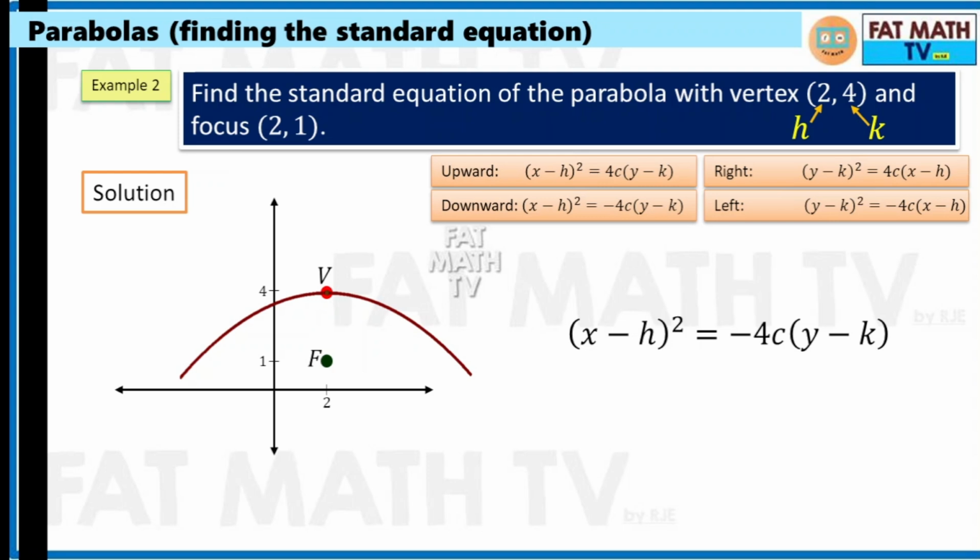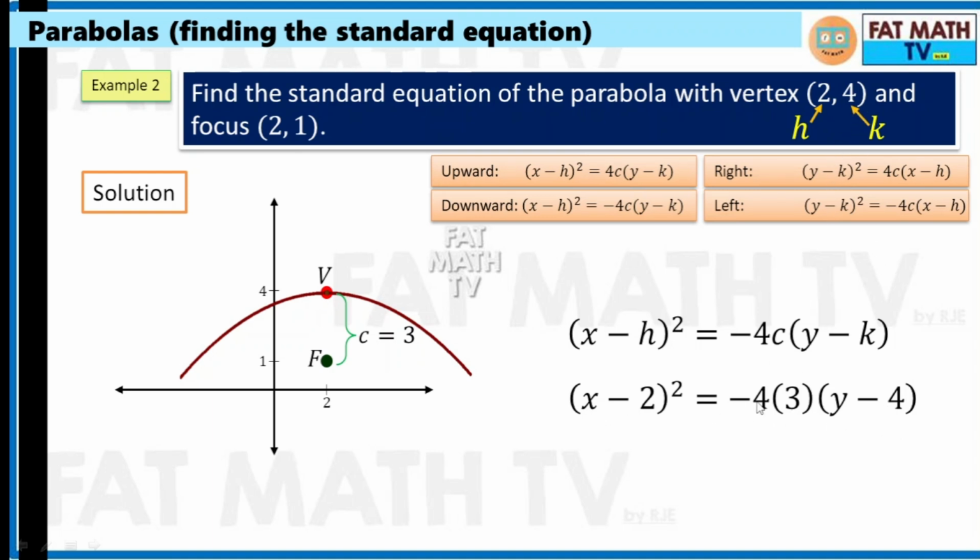How about c? What is c? C is the distance between the focus and the vertex. So that is from 1 to 4. So from 1 to 4, we just subtract 4 minus 1, that is 3. So 3 units. So we can already substitute, replace h with 2, c with 3, and k with 4, and